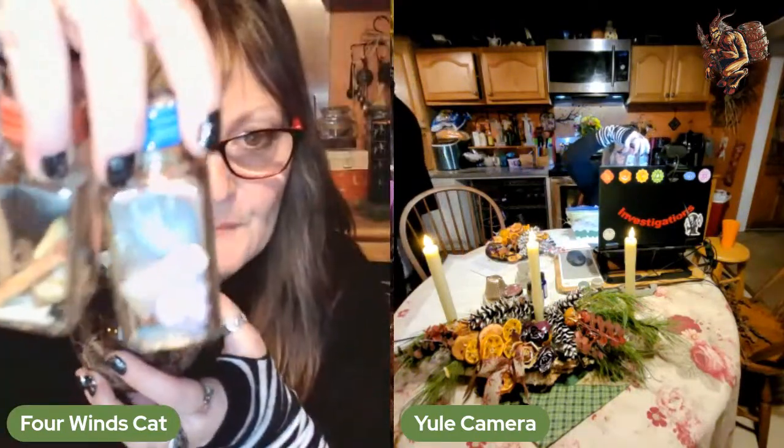You remember I showed you my elemental jars for the fairies that I made: earth, air, fire, and water. Well, you can do that all in one ball and just hang it on your tree to honor the fairies that are in your home hanging out for the winter. Another thing is paper to write things on, because what I do is I roll them up like little scrolls, tie them with ribbon, and stick them around the Yule log too. That's another great thing to do there.